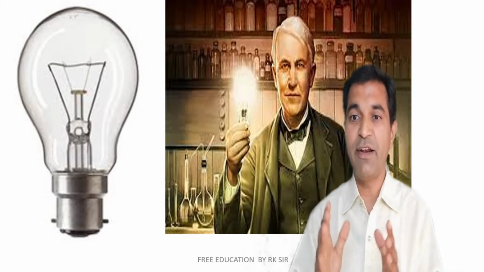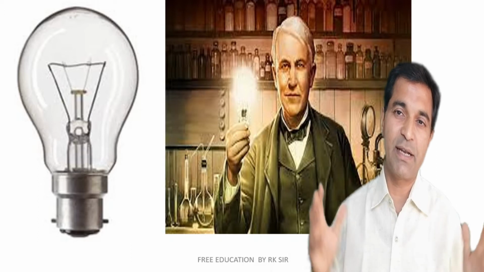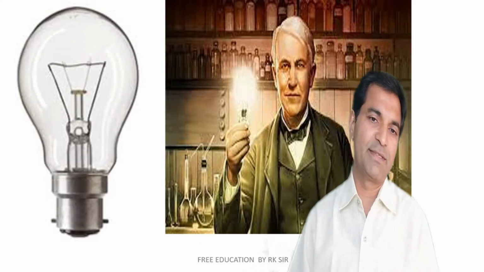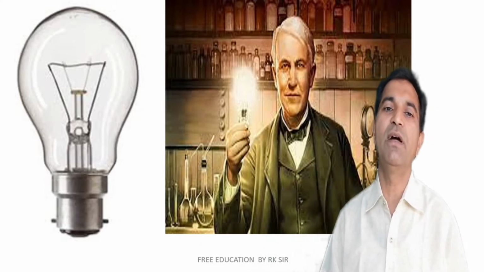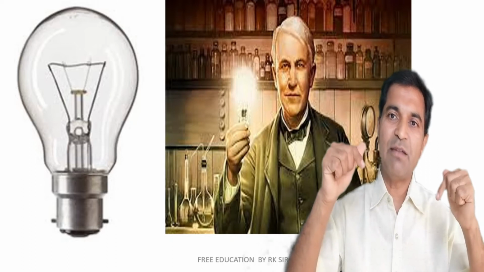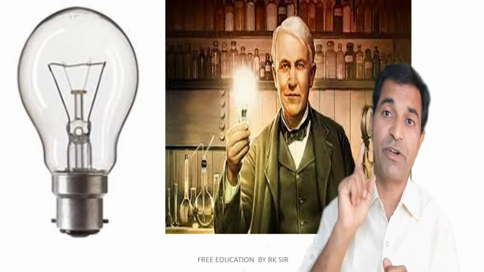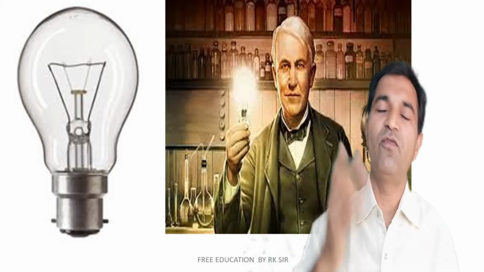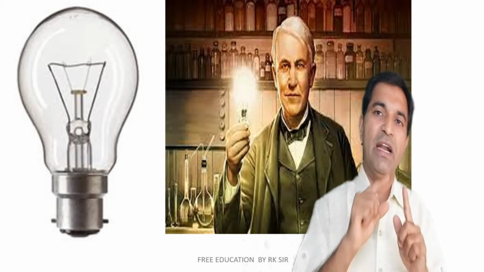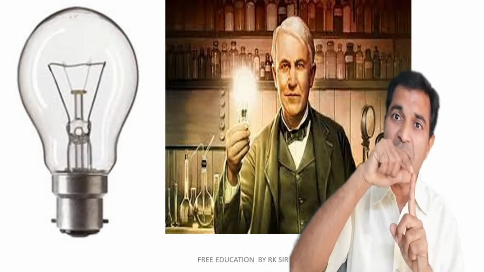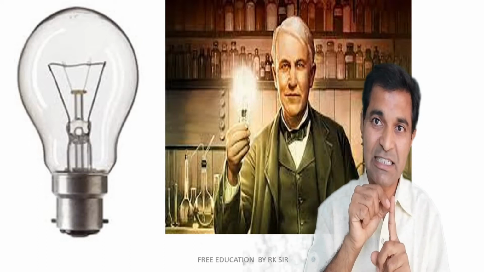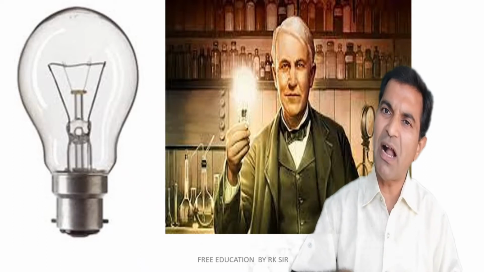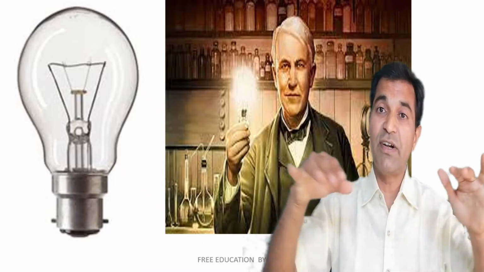It was invented by Thomas Alva Edison. He was a great scientist, great inventor. He has invented many items, and one of his famous inventions is that of the electrical bulb. Actually, the electrical bulb has a filament which is made up of tungsten. We already talked, and the symbol of tungsten is W from a German word Wolfram, right? So electricity passes through this tungsten which has higher resistivity and also a very high melting point so that it doesn't melt away, and part of this heat energy gets converted into light energy.